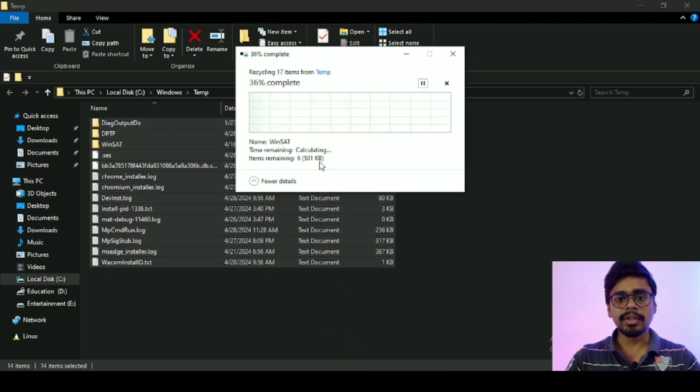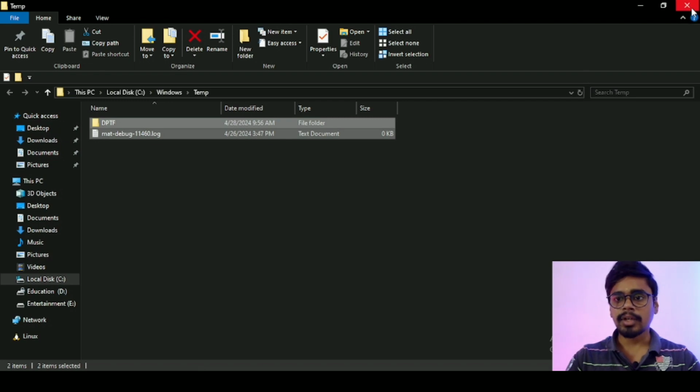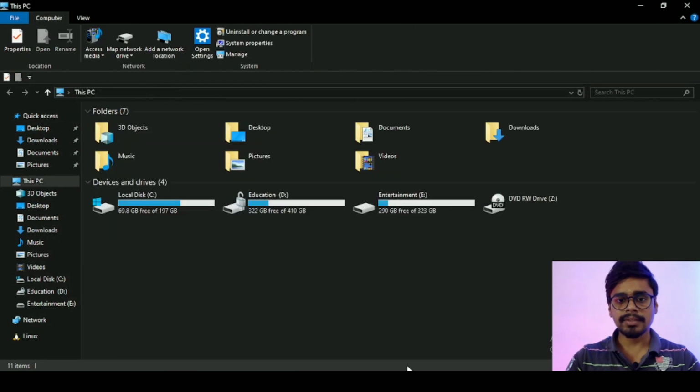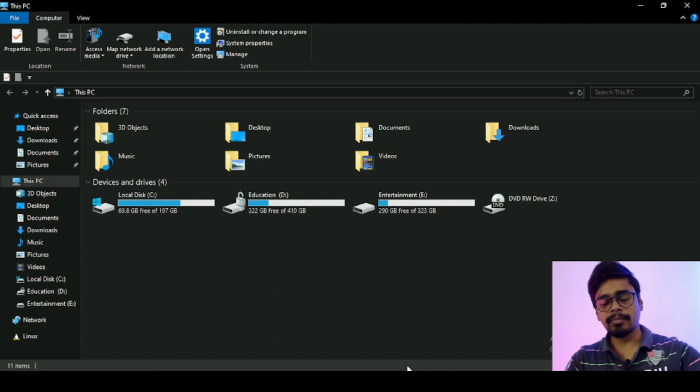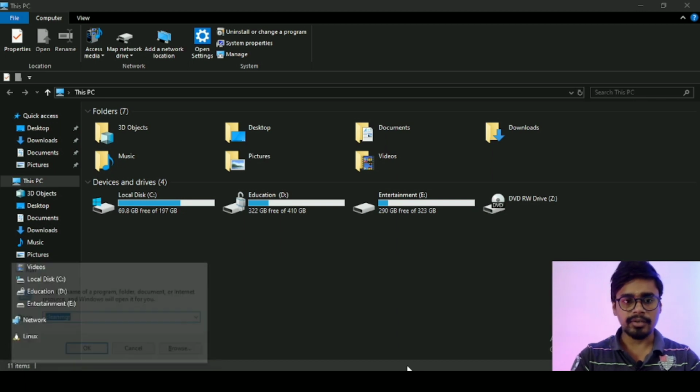So this will also get deleted. Yep, it got deleted, and you can close this. Yeah, now you can close this window as well. Correct. Now the fourth step is again press Windows R and just type cleanmgr. Okay,